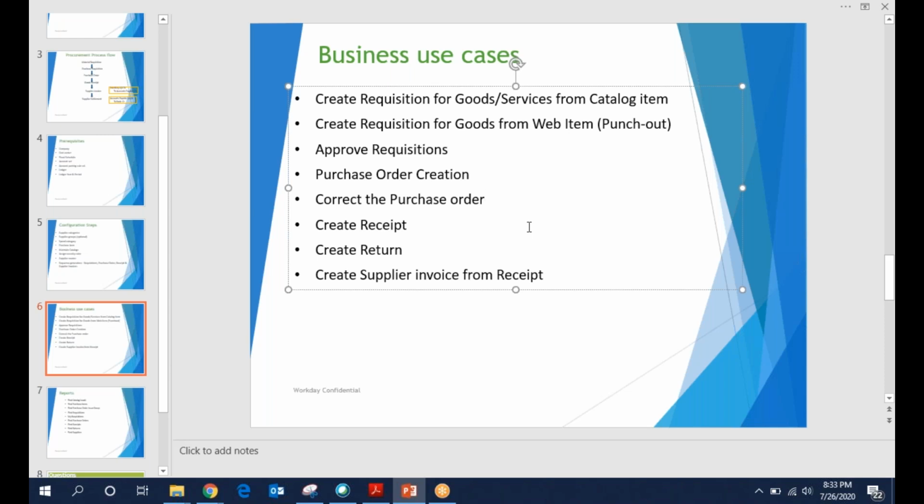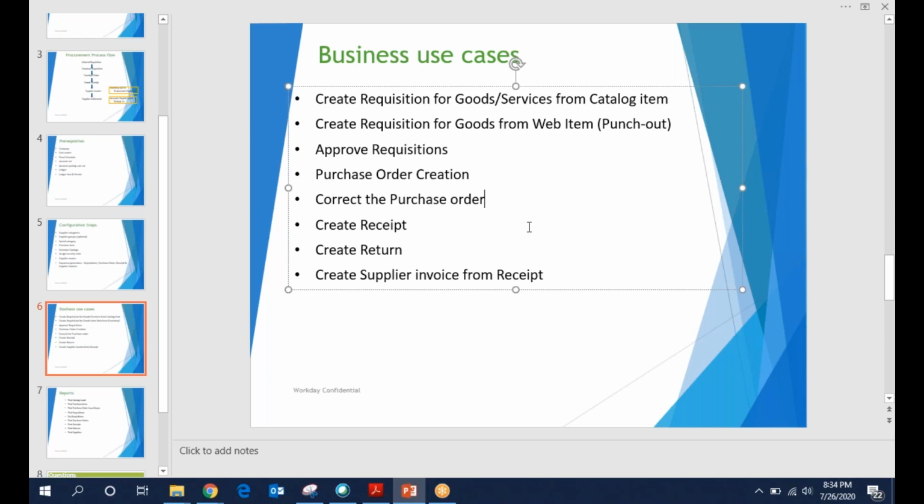You just click on connect to supplier, it goes to the supplier site, and there you can select the supplier items, and those items come to our cart. It's just like an Amazon shopping cart. So punch out is basically going to an external supplier site and bringing the goods into our system and buying it.